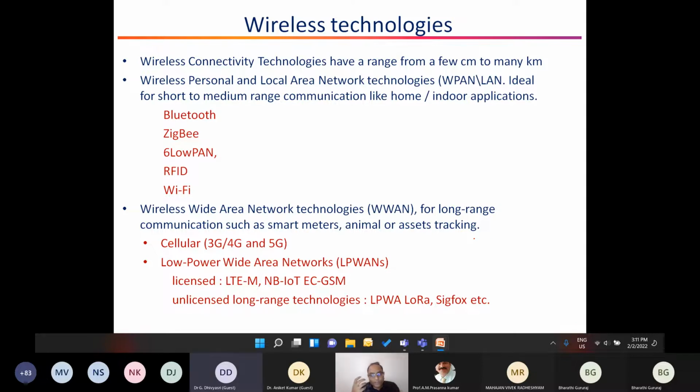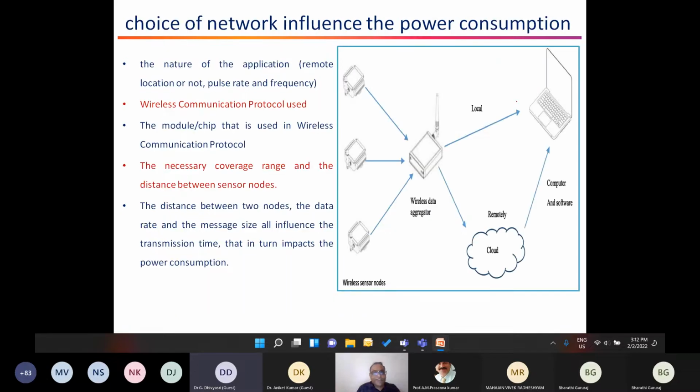Since industry requires you to communicate data at very high speed to different locations across different geographies, it is a huge challenge which sort of wireless technology we employ, whether cellular or low power wide area networks called LPWANs. Even the LPWANs are categorized as licensed and unlicensed long range technologies, which fall under LoRa and Sigfox. So there is always going to be this challenge. Now, how do we overcome it? Again, we need to make a lot of analysis here.